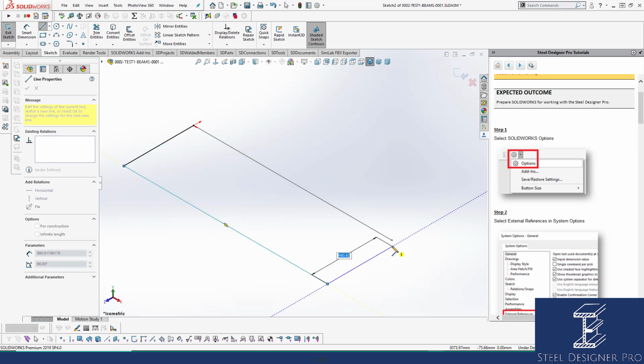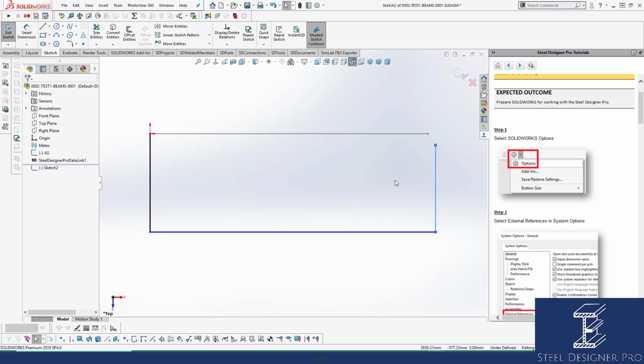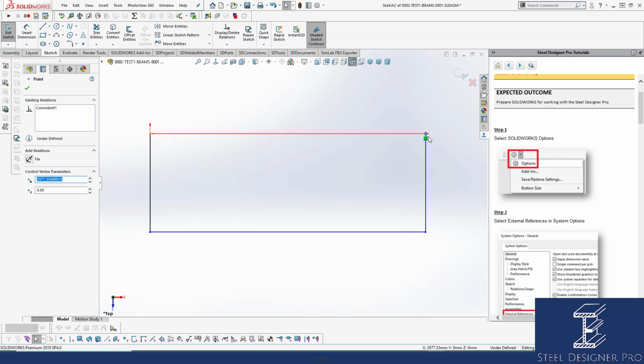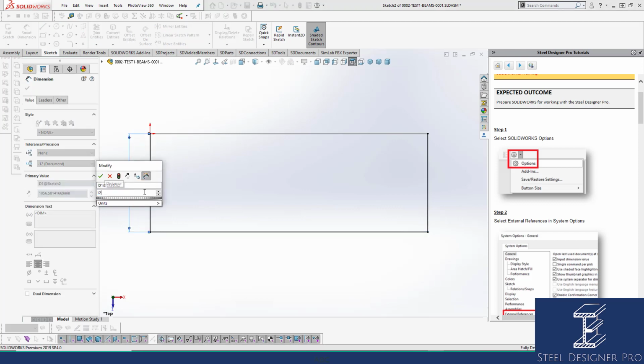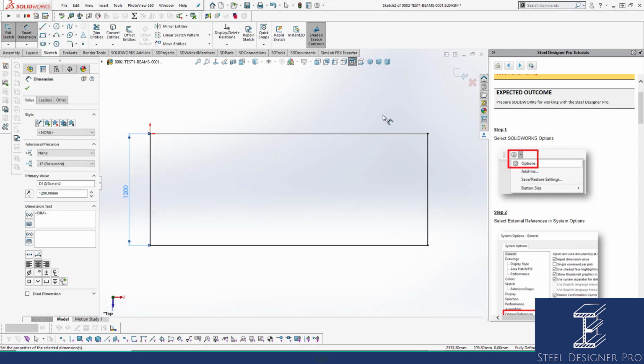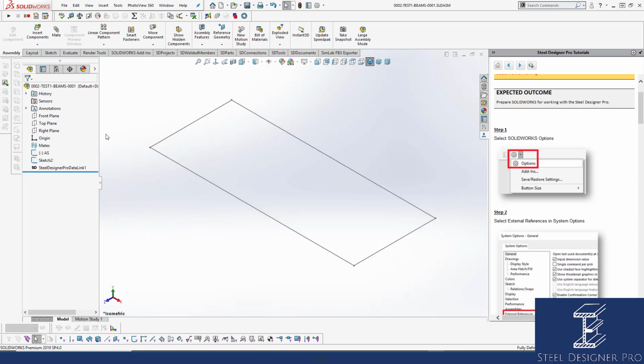So I'm going to draw my sketch as usual from left to right around in a square. If you're not familiar with SolidWorks in 3D space and the yellow lines as they come up, you can put it back in plan and then snap your sketch. But what you'll find is sometimes it does not attach. You have to attach it on the endpoint in 3D space. Now I'm going to give this platform a width of 1200, and now I have another sketch to which I can attach sections. So I'm going to rename that sketch feature to master